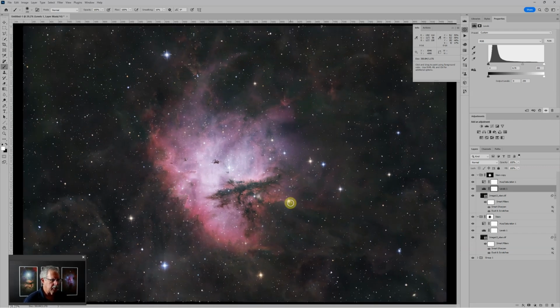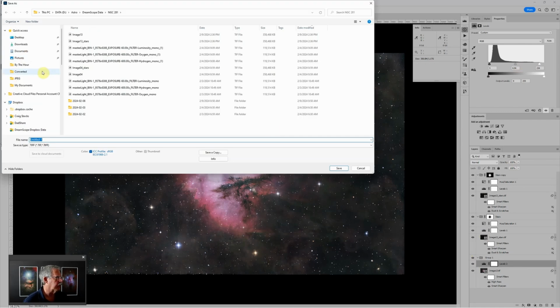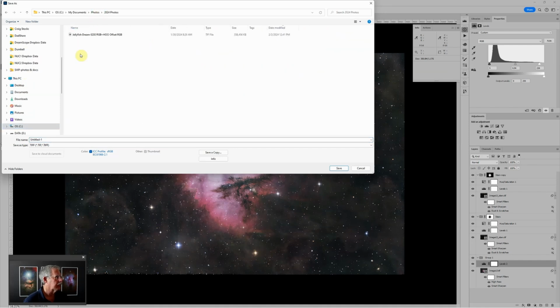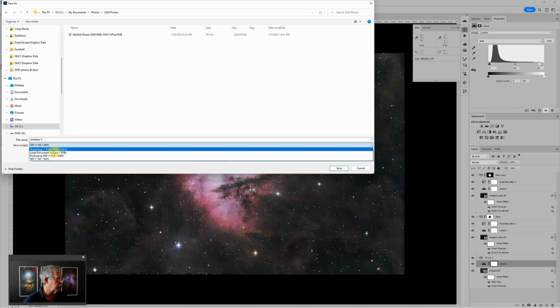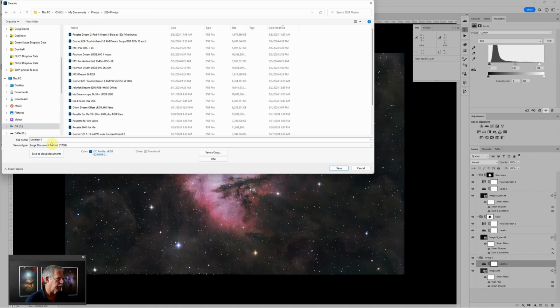The last thing you want to do when you save this, you want to be sure to save it as a PSB formatted file. So the last thing would be to go to File, Save As, and I'll save this in my 2024 folder, 2024 photos. And you want to choose large document format because this will be larger than 2 gigabytes, which is the limit for a standard PSD document. And we'll just call this